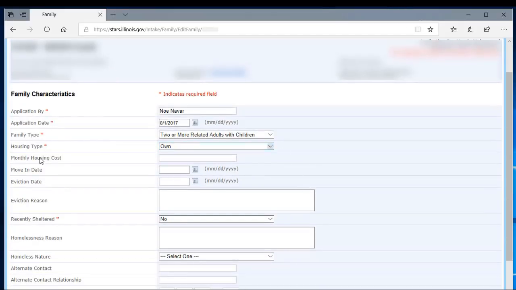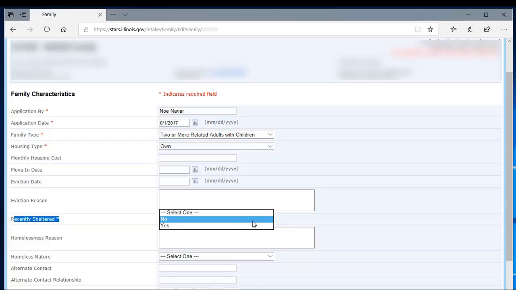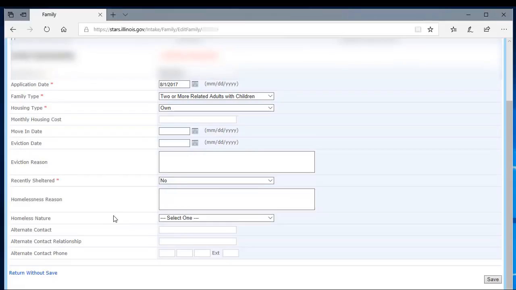So from here, we're going to go down to the next starred section, which is recently sheltered. Here it's either a yes or a no. Go ahead and click whichever one is the circumstance for that family. And here we can add a couple notes, but the next section that I want to address is the alternate